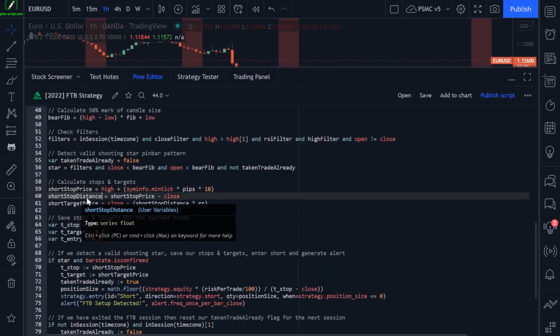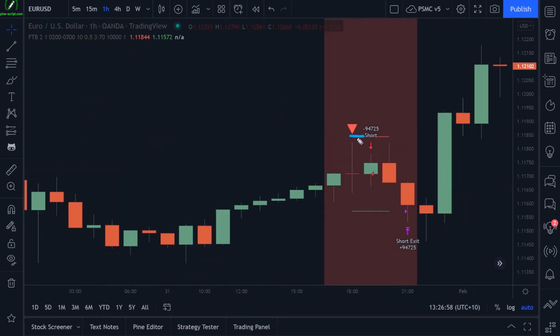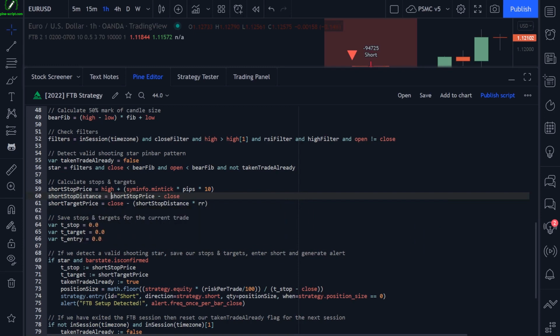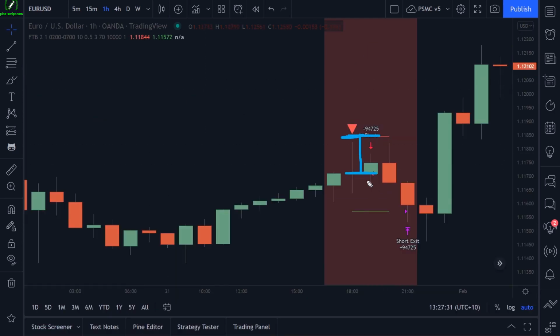The next thing we do is calculate our short stop loss distance. To do that, we just subtract the red line here from our entry. That gives us our stop loss size in pips, and then we can use that distance in pips to calculate our target by multiplying this by our risk reward profile. So by default, that's set to 1. And so once we calculate our short stop distance, we can calculate our short target price by subtracting our short stop distance multiplied by our risk reward profile. So by default, that's 1 to 1. So if we have a 10 pip distance from our entry to our stop loss, then we will have a 10 pip